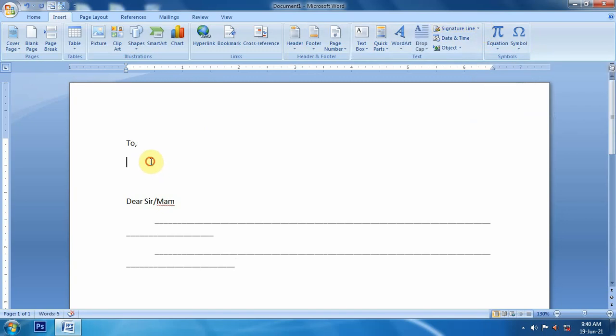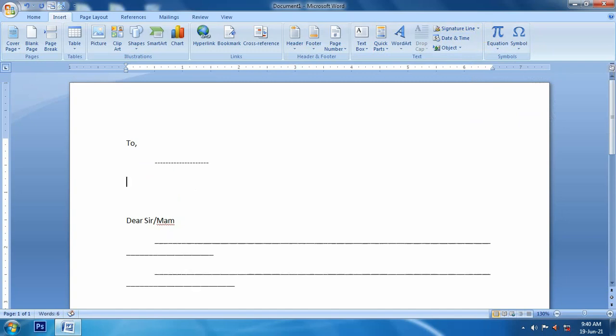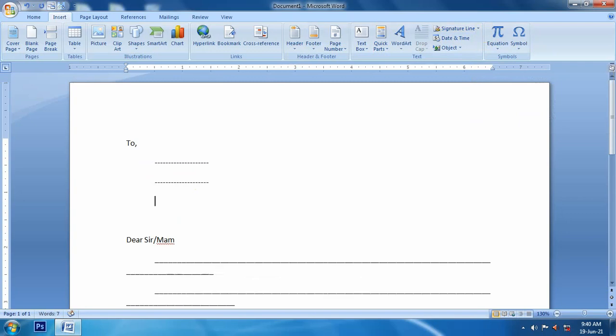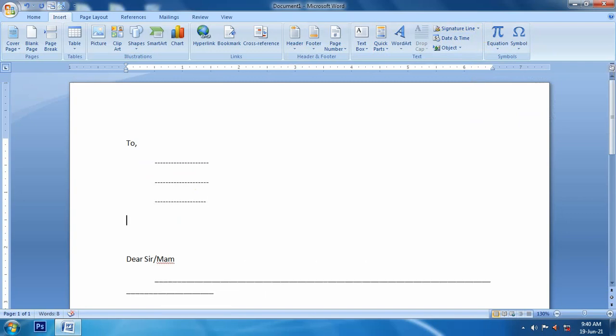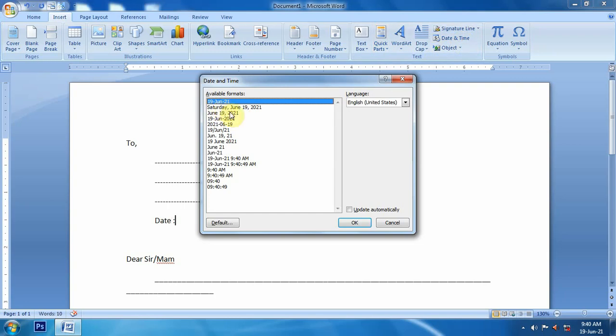First, if you want to insert some detail, here we will insert the detail of the recipient of this letter. And if you want to insert date, for date we will go to date and time, and here we will insert date.